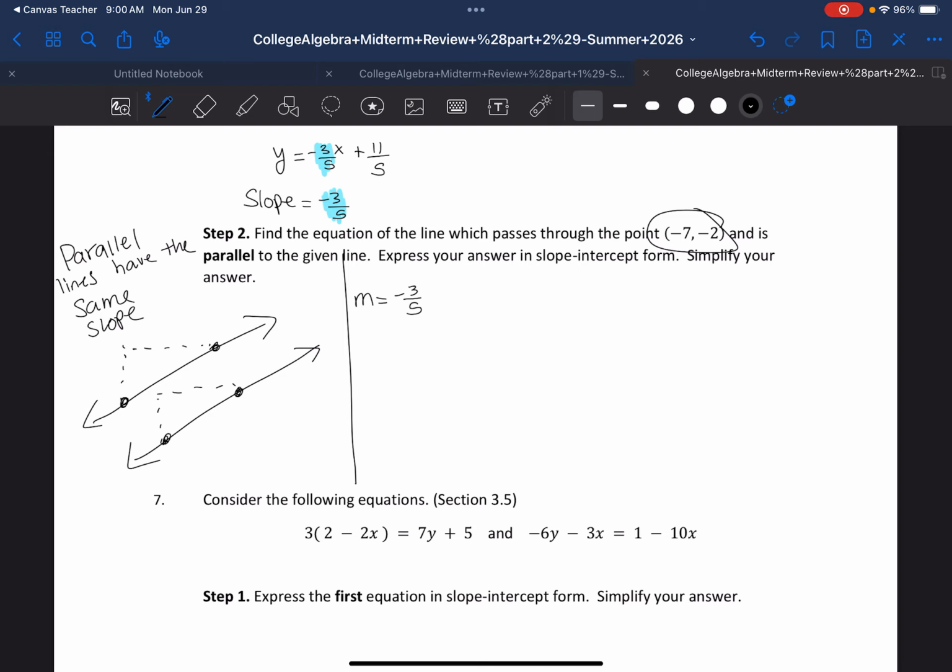So I have the slope of this new line they want me to find an equation for, and I have a point on this new line that they want me to find an equation for. So anytime you're given a point and a slope to find the equation of a line, you're going to use the point-slope form